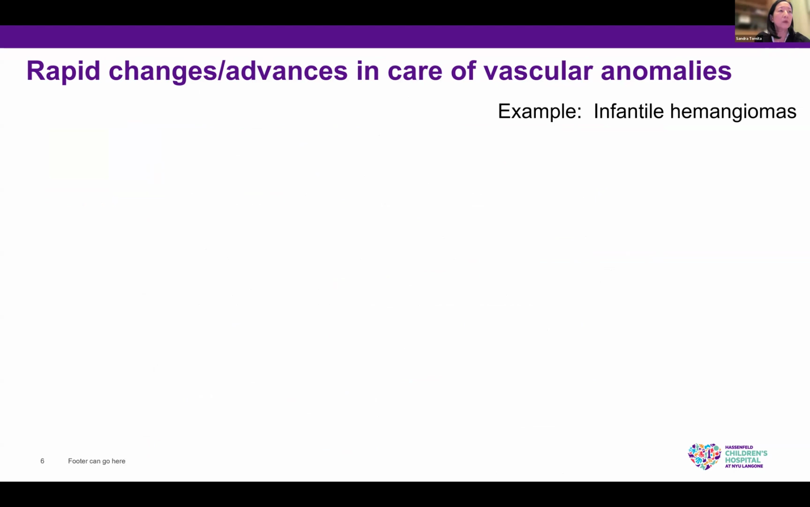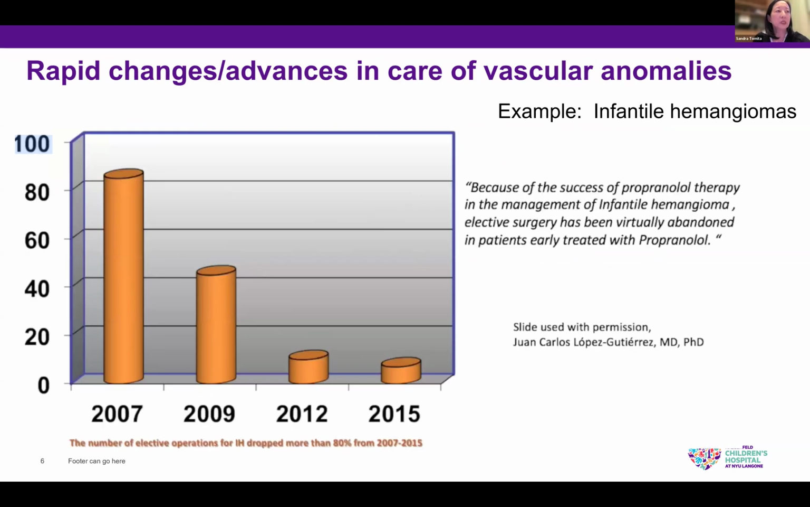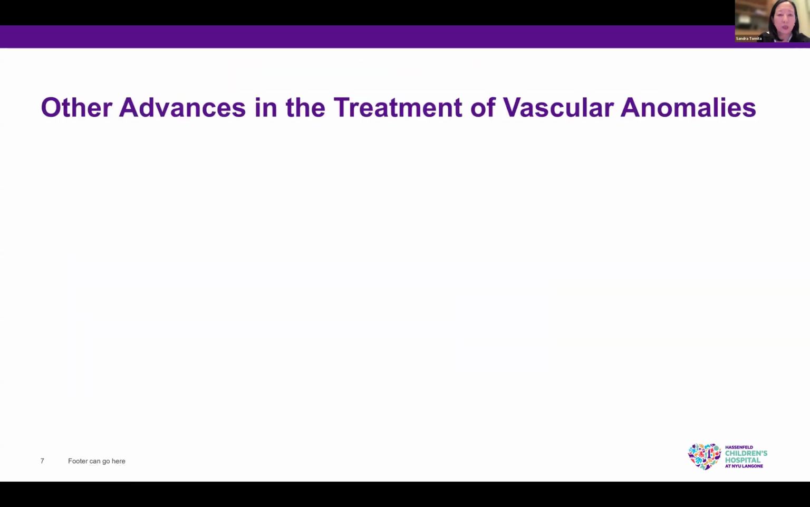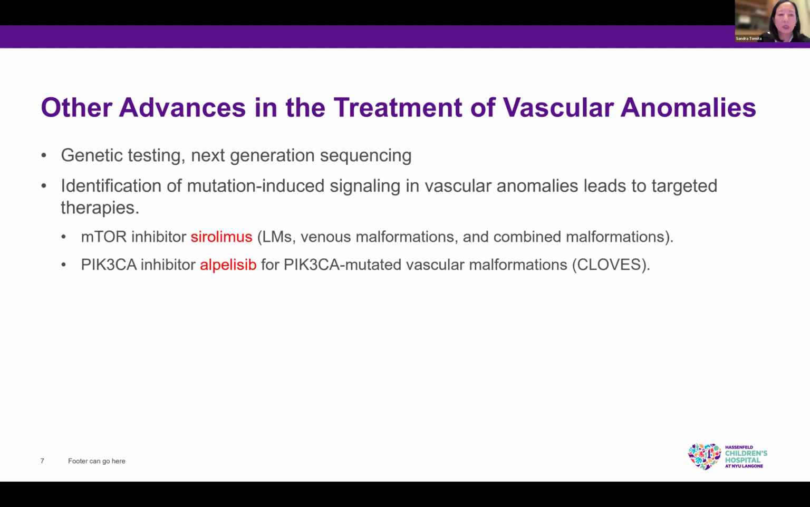Another example of the advancement in the treatment of vascular anomalies can be seen in the dramatic decrease for surgery of infantile hemangiomas. This table illustrates the dramatic decrease over a period of 8 years with the use of propranolol in infantile hemangiomas. The other advances in the treatment of vascular anomalies include genetic testing, next generation sequencing, the